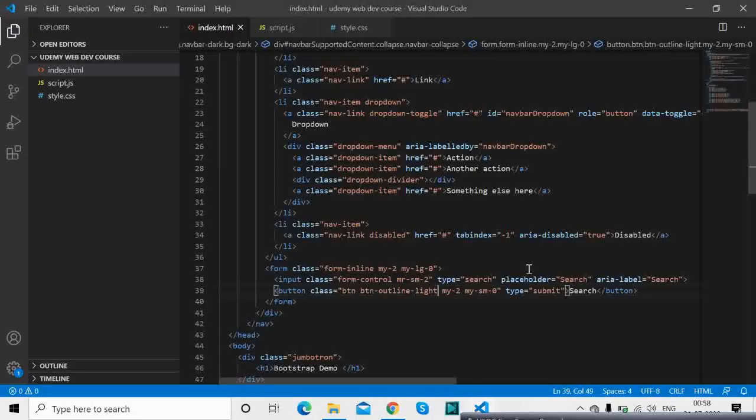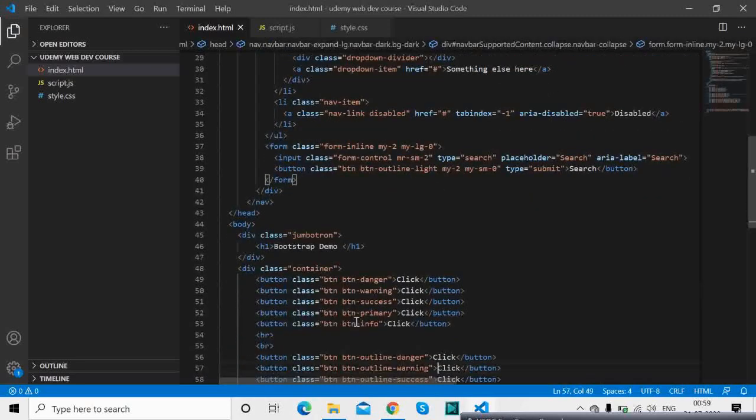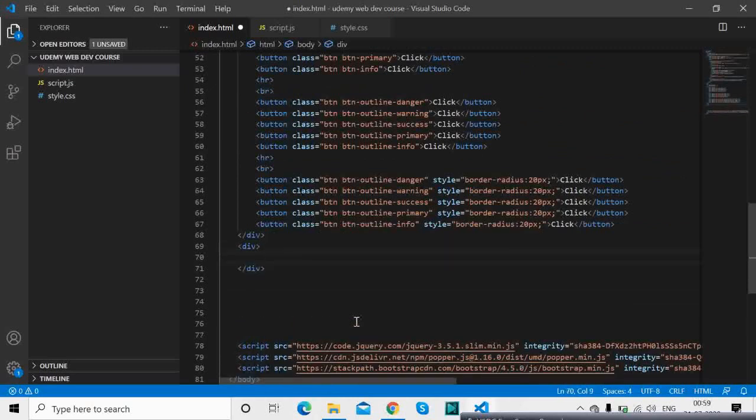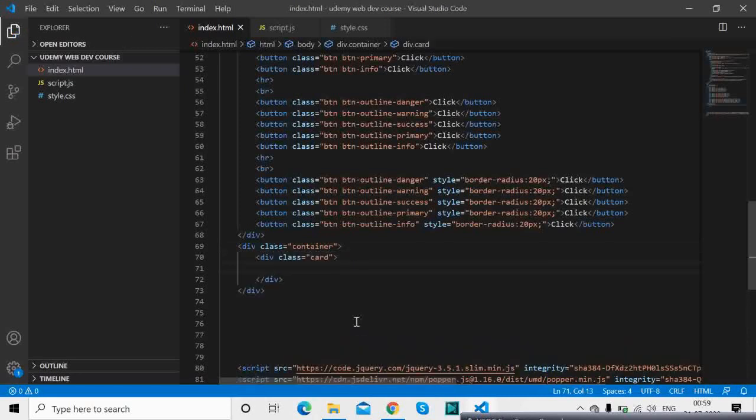What we can do is I will show you some more functionalities of Bootstrap, and here we'll have another div. Within that we will have card. Oftentimes you will be having cards in the website. Okay, so this is card. We will have this Bootstrap class will be container, card. Okay, so inside the card we will have some image.